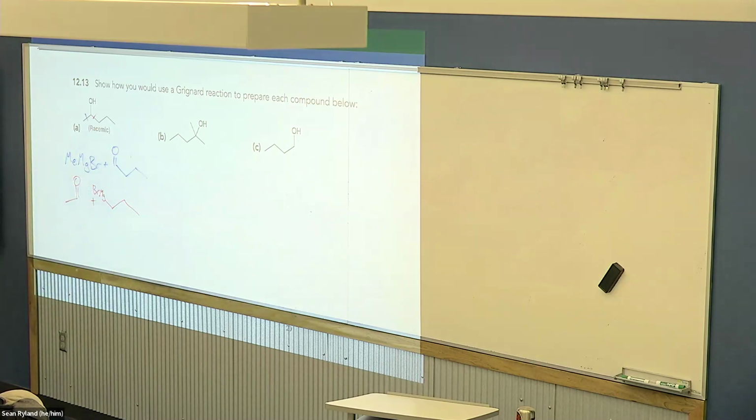Two options for this first one. And really, if it's a secondary alcohol, we could just start with the ketone, 2-pentanone, and use sodium borohydride. And that actually would probably make more sense. But in this case, because the question specifically said Grignard, we're trying to work on it. The only time you have to use Grignard